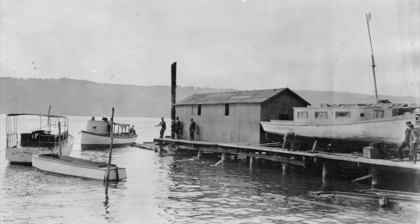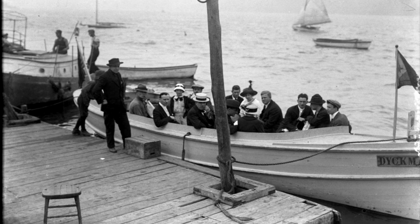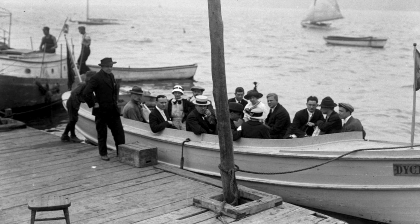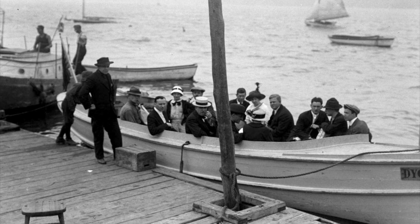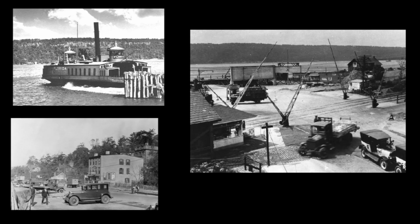Already, though, people were clamoring for ferry service across the river to New Jersey. Small outfits had already been in business for a while, as seen here, and by 1915, the Dyckman Yacht Club had been torn down and replaced with an industrial-strength car ferry terminal, the Dyckman Street Ferry. When it opened for business, Dyckman Street itself was immediately transformed into a busy thoroughfare lined with garages and gas